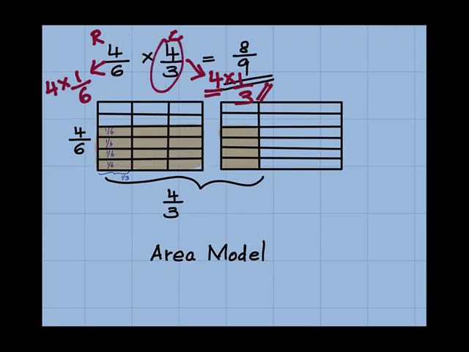And 4/3, you see, it is partitioned into 3, and 4 columns is shaded. So this is column 1, 2, 3, 4 columns are shaded, and each column has 3 partitions. So 4/3,